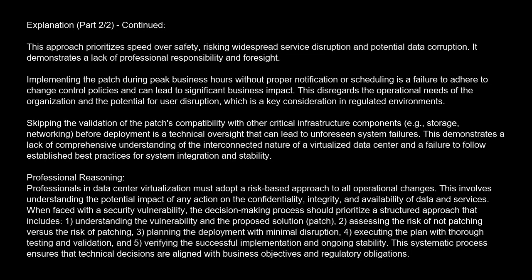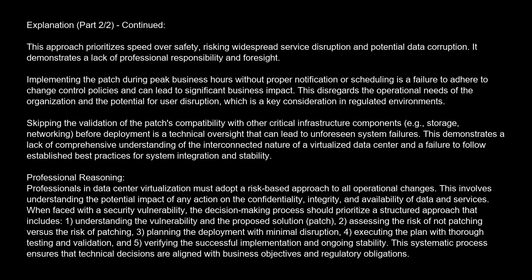This approach prioritizes speed over safety, risking widespread service disruption and potential data corruption. It demonstrates a lack of professional responsibility and foresight. Implementing the patch during peak business hours without proper notification or scheduling is a failure to adhere to change control policies and can lead to significant business impact. This disregards the operational needs of the organization and the potential for user disruption, which is a key consideration in